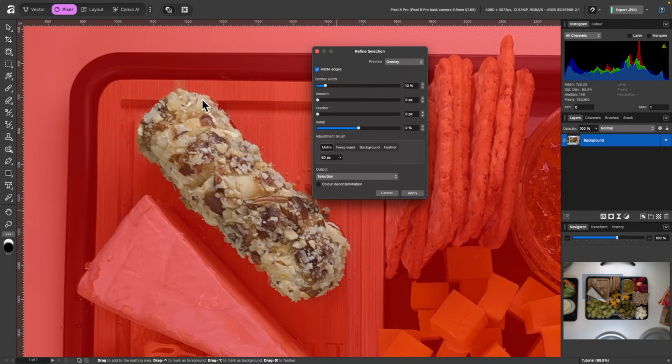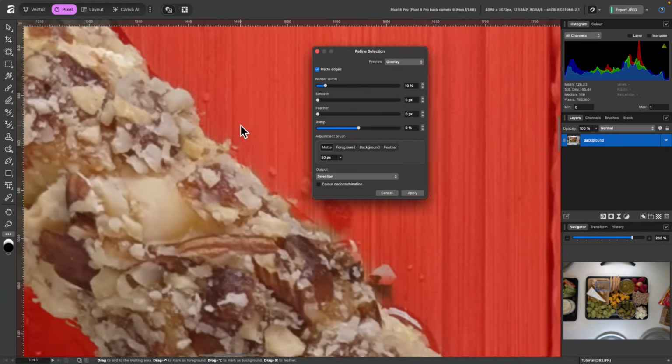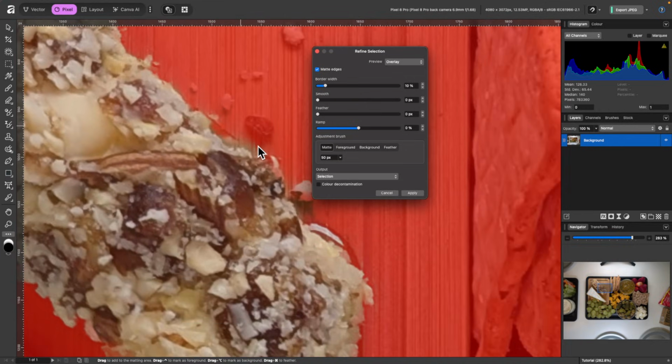So our marching ants will be around this shape here. So first of all, is everything selected that we want? It doesn't look like it quite there, does it? So we can use this one here, Adjustment Brush Matte, to just paint over the edges, and be sure to include part of the object you want to select and part of the background that you don't want to select, and let go. And you see it does a pretty good job of differentiating between what you want and what you don't want just from the kind of outline.